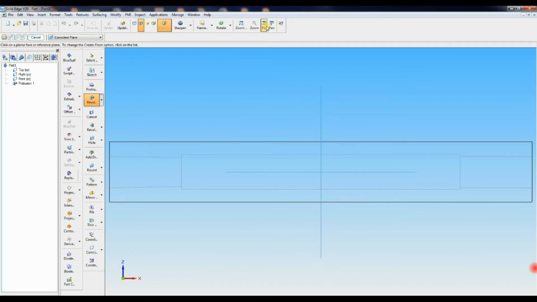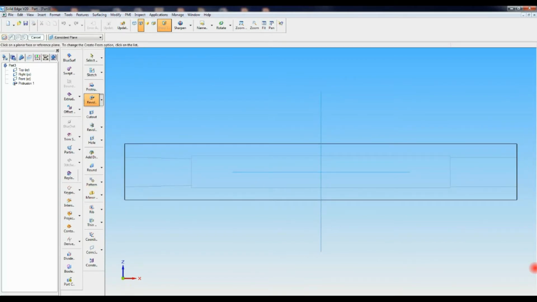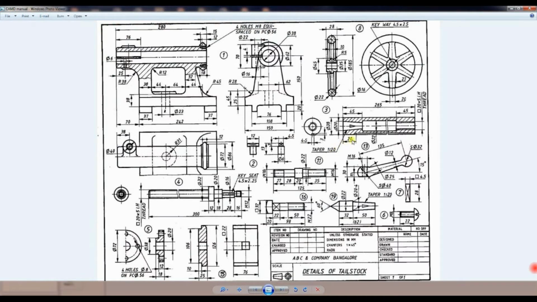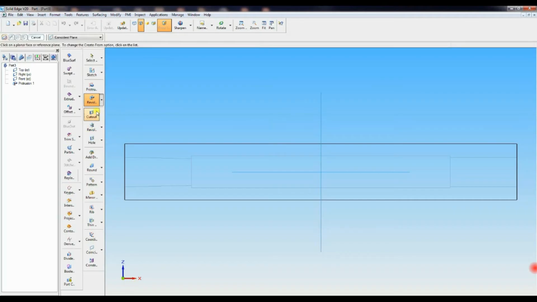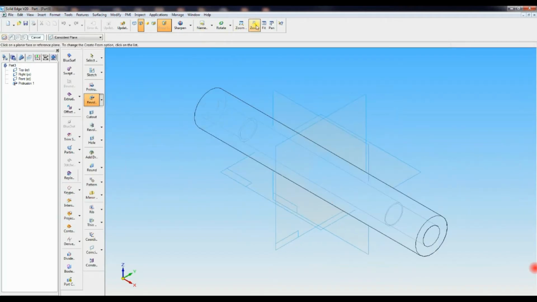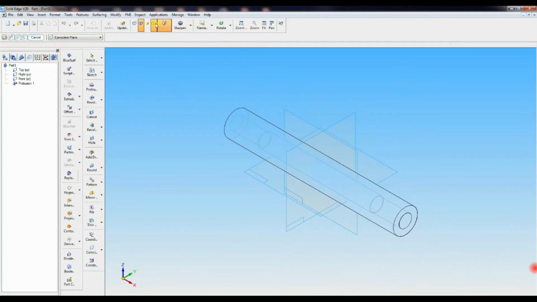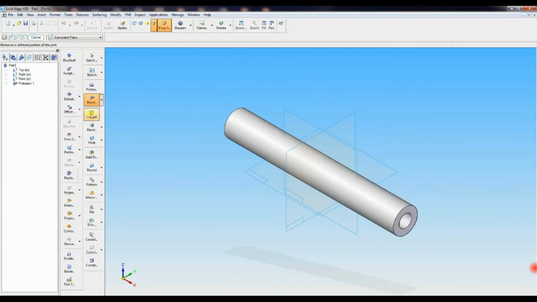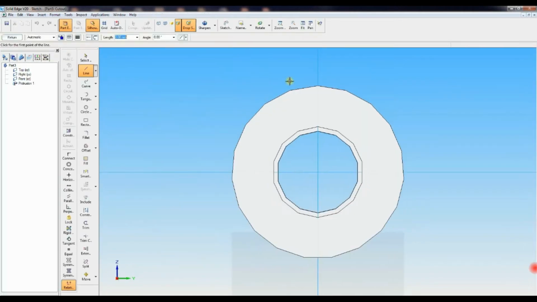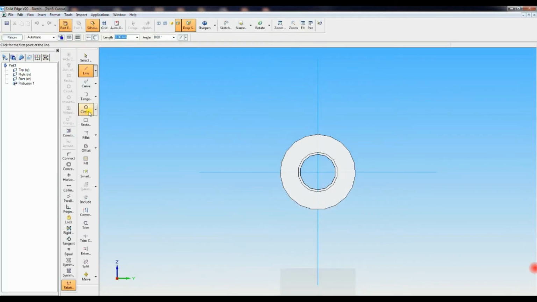Now that part you can see the hidden edges. After keeping hidden edges on, you can see all the lines. Now you have to go for key slots, 4.5 mm width and 3 mm depth. Select cutout command. Before that, keep it in ISO mode and solid mode. Then go to cutout, select that surface, go to fit sheet, then draw a rectangle of 4.5 mm width and height 3 mm.